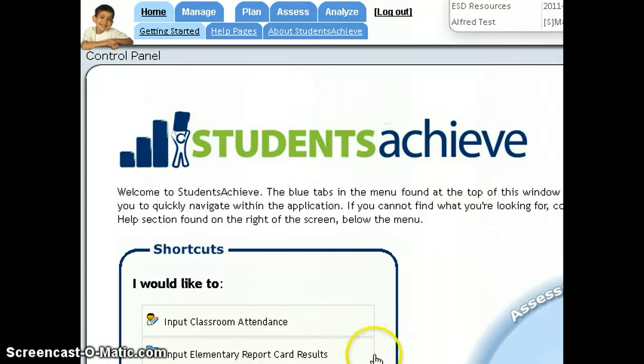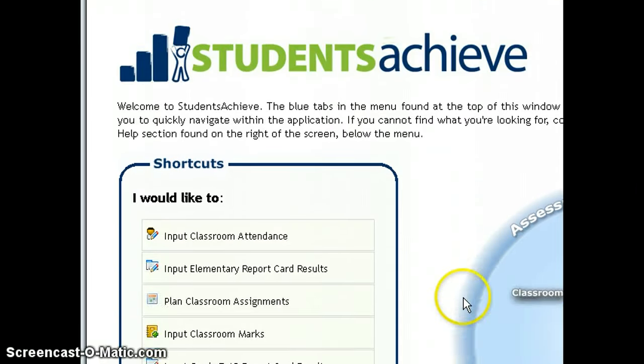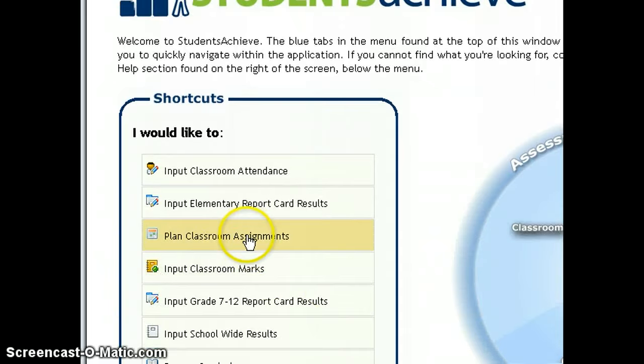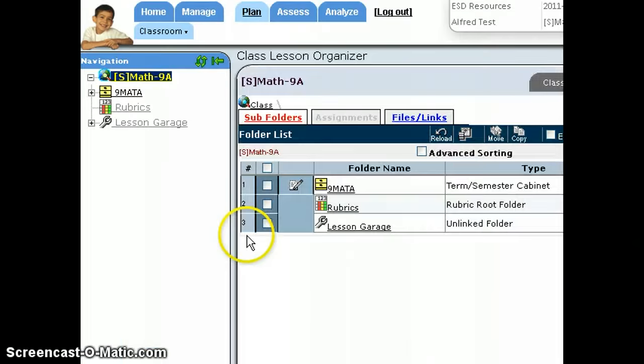In this Students Achieve video, we're going to be looking at how to create and attach a rubric to an assignment that we create within the gradebook or the marks management section. To get there, first of all, we have to click on Plan Classroom Assignments, which brings us to the class lesson organizer. In here is where we'll create the assignments that pertain to the areas of study that